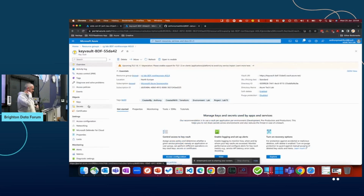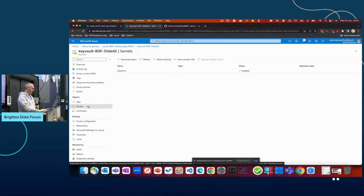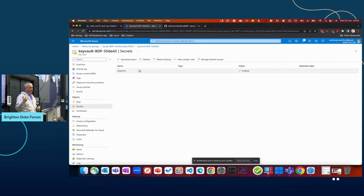So the code actually builds within the Key Vault. I've created a secret. I call the secret lab admin, and there's a reason for that. Because to cheat, I'm using lab admin as a username to log into the machine. And you'll see from the Terraform code, I pass the username of lab admin because it already exists. And what it does, it then pulls the encrypted secret out and uses that as the password to access the